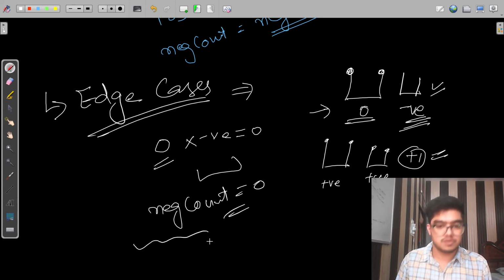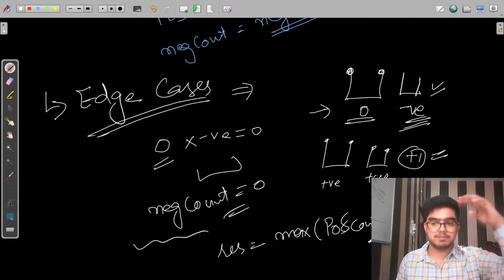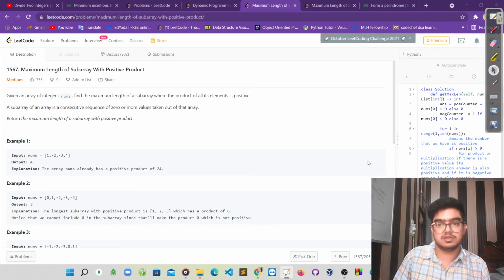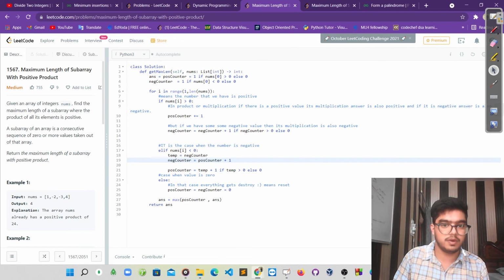After every iteration we are storing our result, which is the maximum of the positive count we have and the result we have. I hope every part is clear: at a negative position what we have to do, at a positive position what we have to do, and we have to take care of these edge cases as well. So let me talk about all this code.